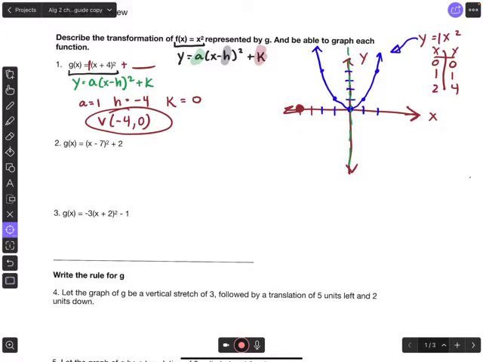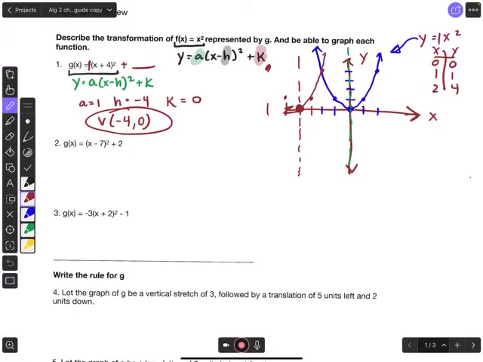So this parabola does exactly the same thing. I know its vertex, therefore I know its axis of symmetry. I also know that to have the same shape, it has to go over 1, up 1, over 2, up 4. And symmetry tells me this point, and, let's go over one more, that point. So there is the graph